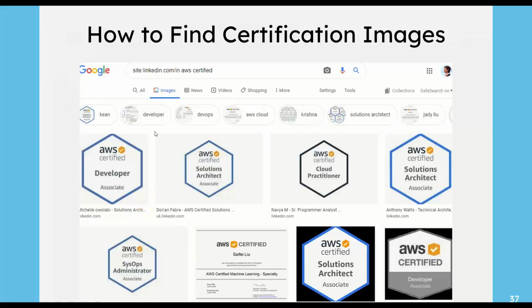If you want to figure out which images are being used on LinkedIn, well, we can also X-ray LinkedIn to find images by,